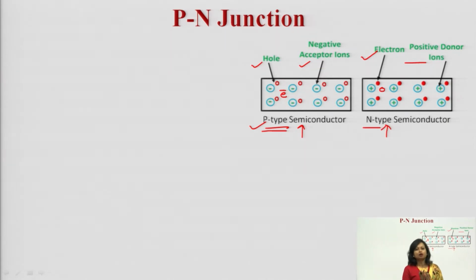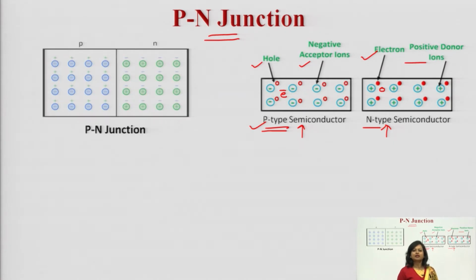Now, when we are talking about the PN junction, it means a junction, some bridging point. If you join a P-type semiconductor with an N-type semiconductor, these two pieces, but joining doesn't mean you are just attaching. There are special fabrication techniques via which the P-type semiconductor can be joined with the N-type. In that case, at the boundary, a junction is formed, which is known as a PN junction.